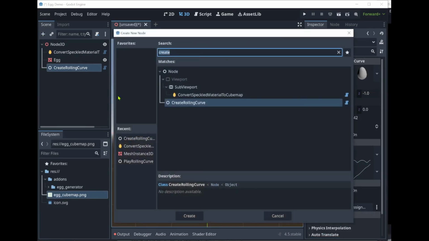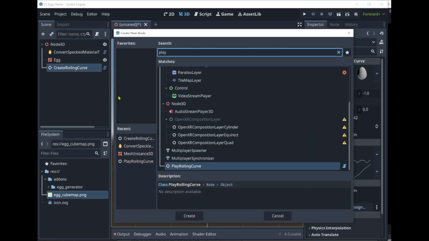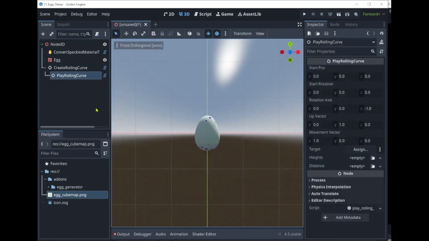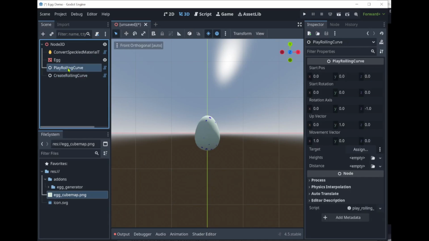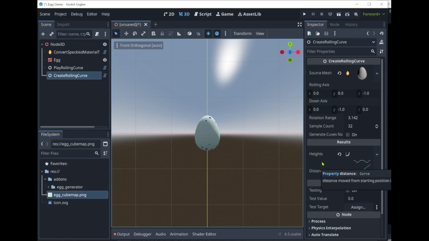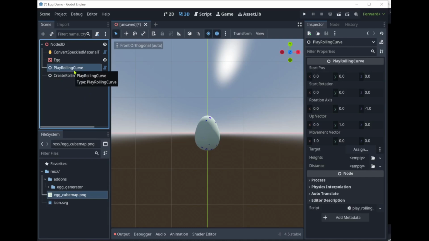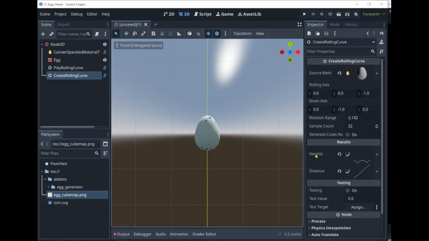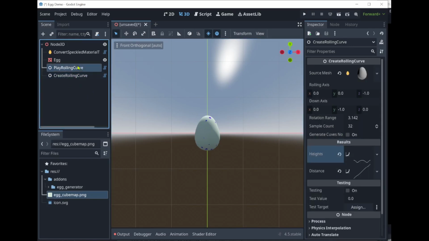So then if we want to actually see that in action, we add another node here. This is the play rolling curve. I separated these two so that if you're just generating the curves, you can get rid of this in your final game and just include the play rolling curve for playing it back. So again, here we need to copy these curves,